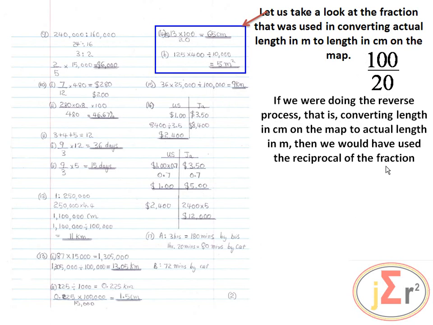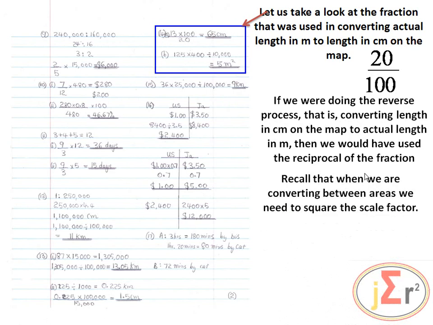However, we are not just converting length, we are converting areas. Recall that when we are converting between areas, we need to square the scale factor. So we will square the scale factor because what we are converting is area. So, as a little summary,